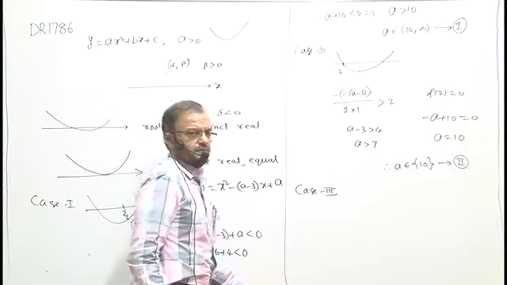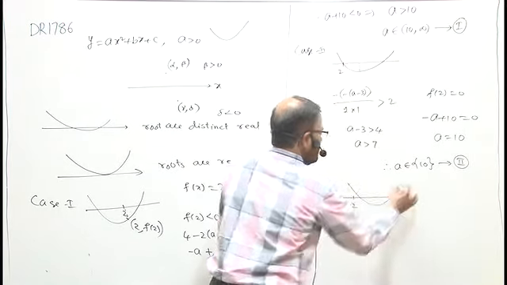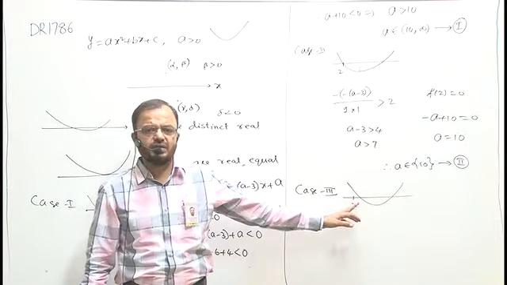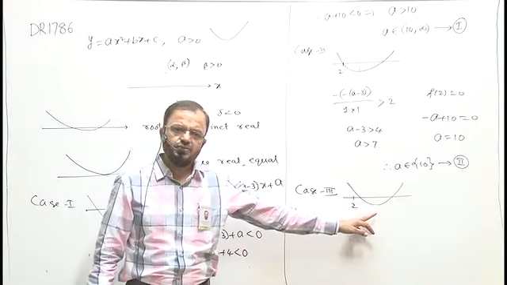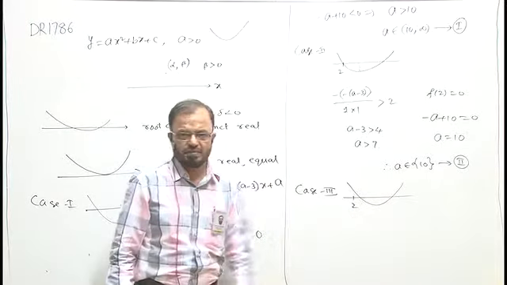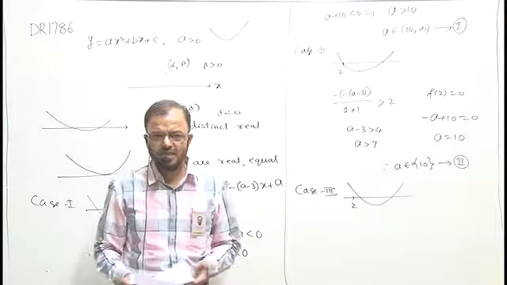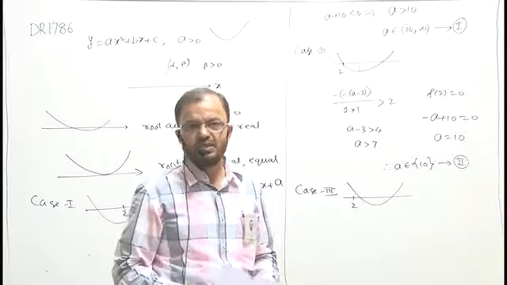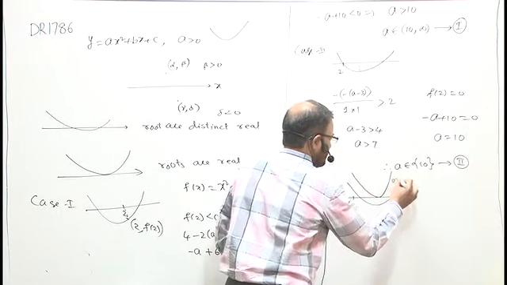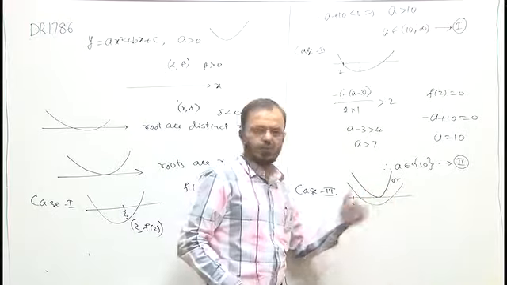If it is case 3, then I write here: both the roots are greater than 2. I have drawn here the graph of the quadratic. Here both roots are greater than 2, and I have also drawn the roots as distinct. In the question, nowhere is it given that the roots are distinct. Maybe the roots are equal or distinct. I can say that there is another possibility, so I write here the graph will be like this or like this.